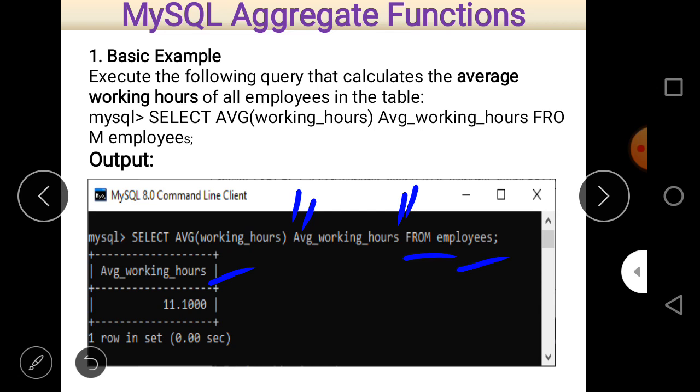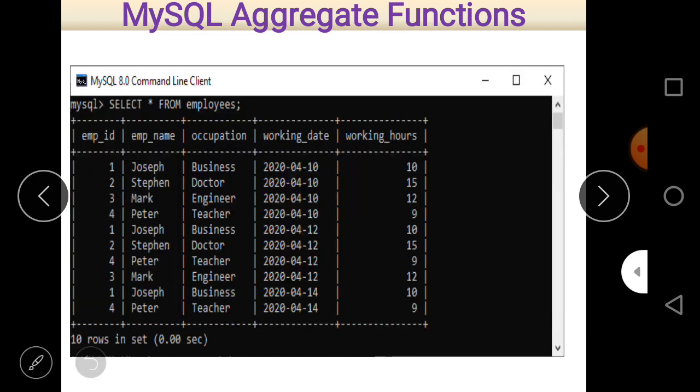After the execution of this command in MySQL, it will take the average of these working hours. First of all it takes the sum, and after that it is divided by the number of persons, and the number of persons I think is 10, because 10 records are there.